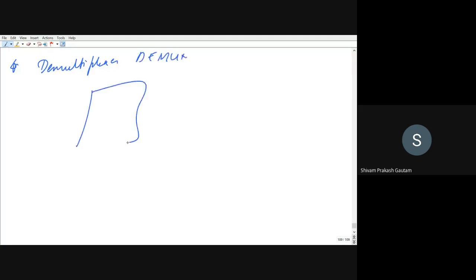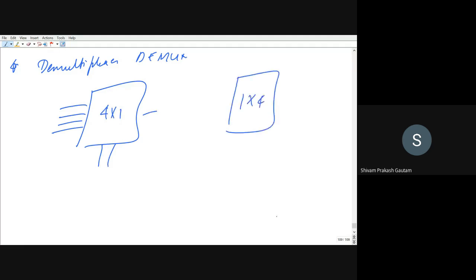In mux, we are having 4 inputs, let us say, and 2 select lines, and 1 output. So this is a 4 cross 1 mux. And if you want to have 1 cross 4, it will be called a demux. Here also 2 select lines will be there, but in this case only 1 input and 4 outputs will be there. Right? So this is called mux, and this is called demux. We will shortly see what is inside the circuit here.